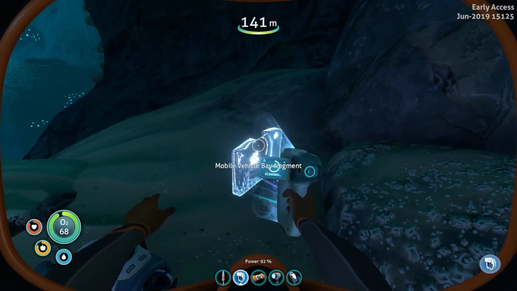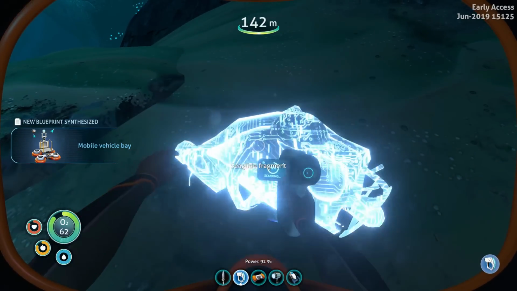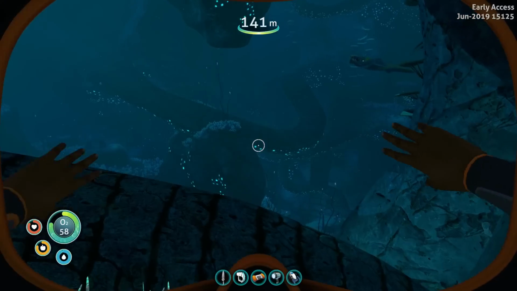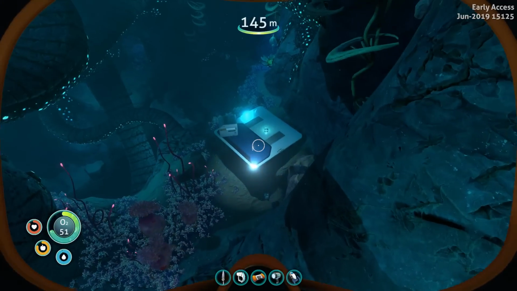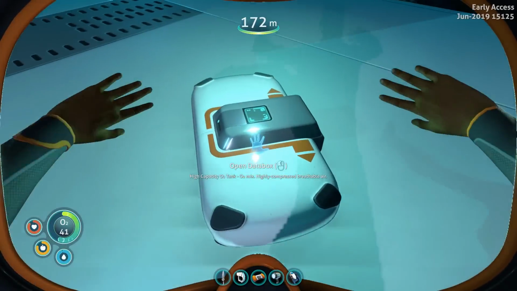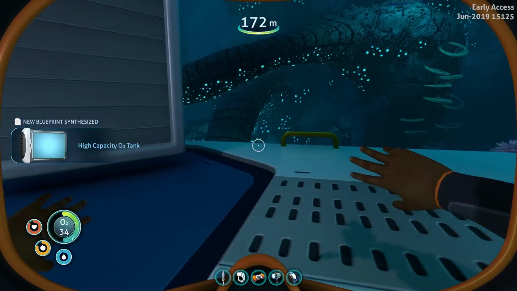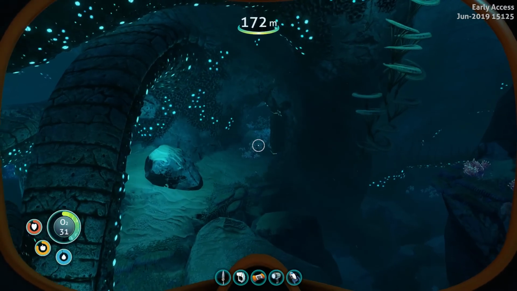Mobile vehicle bay fragment, I think this is 3 of 3. Yep. Just get that out of the way. New blueprint acquired. Get a couple of pieces of... Oh, yeah, looking good. Hello, brood shark. Alright, this should be the high-capacity air tank. Yep. New blueprint acquired. And then there's the sanctuary, but we're not...